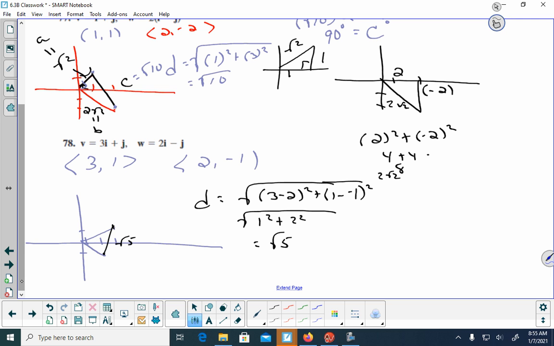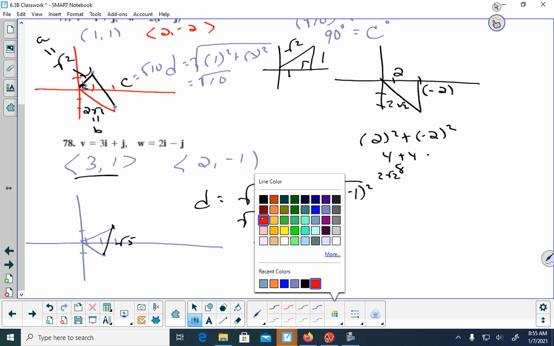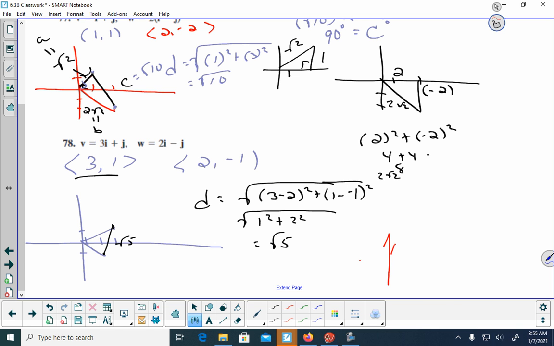To find this first triangle, let's draw it off to the side, in red. I have 3 and 1. So then this side here will be the square root of 3 squared plus 1 squared, which will be the square root of 10. And then doing this triangle,